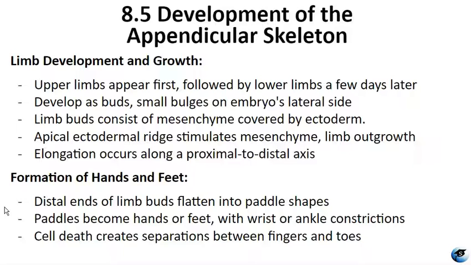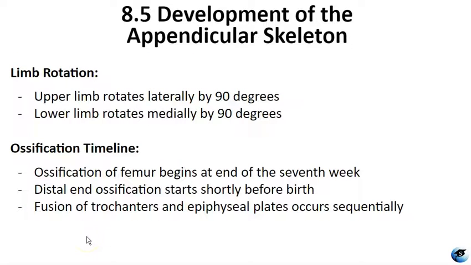Tissue within the limbs experiences controlled cell death, resulting in the separation of the fingers and toes within these little paddle-shaped appendages. During the 7th week, a rotational shift occurs where the upper limb rotates laterally by 90 degrees, positioning the palm anteriorly and the thumb laterally. And then in the lower limb, we have a 90-degree medial rotation, which brings the big toe to the medial